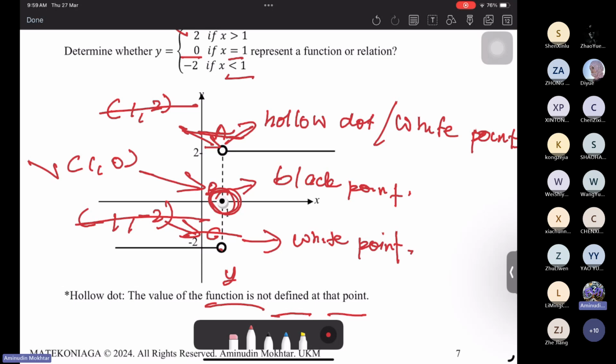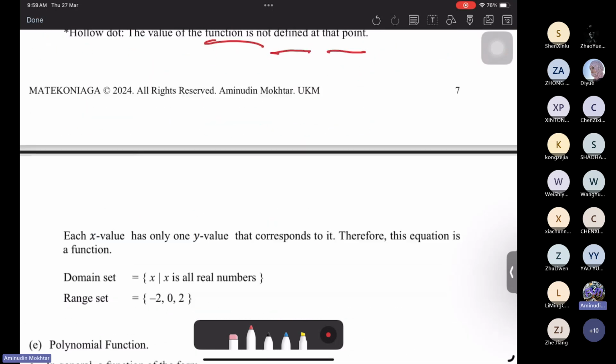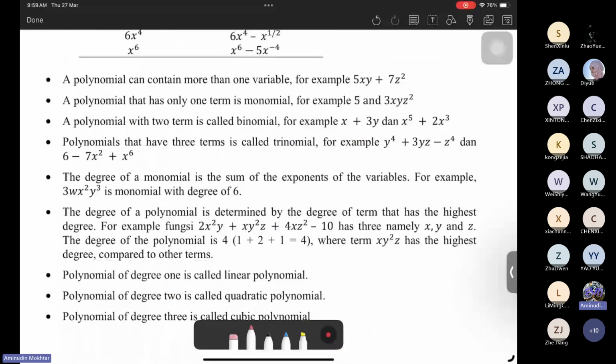The rest of this part, I will leave it to you. You must read what polynomial is and so on. Basically, a polynomial of degree 1 is called a linear function. A linear function is also called a polynomial, of degree 1. A polynomial of degree 2 is called a quadratic polynomial. Again, we will learn how to interpret the quadratic polynomial. And then a polynomial of